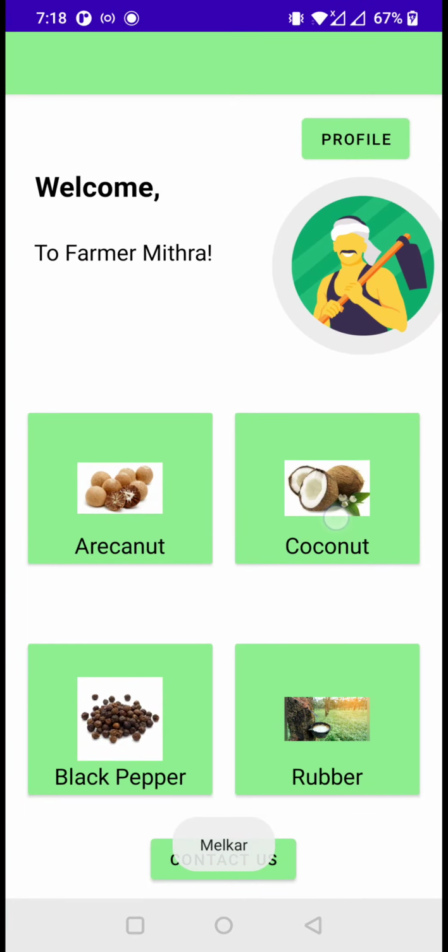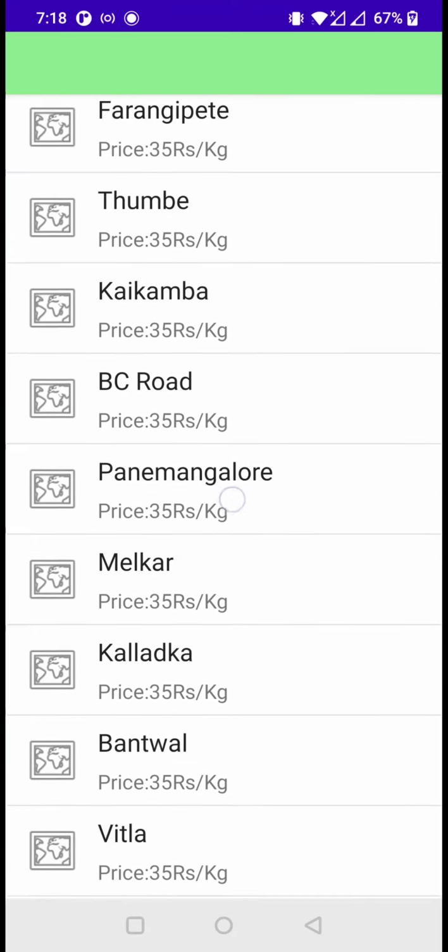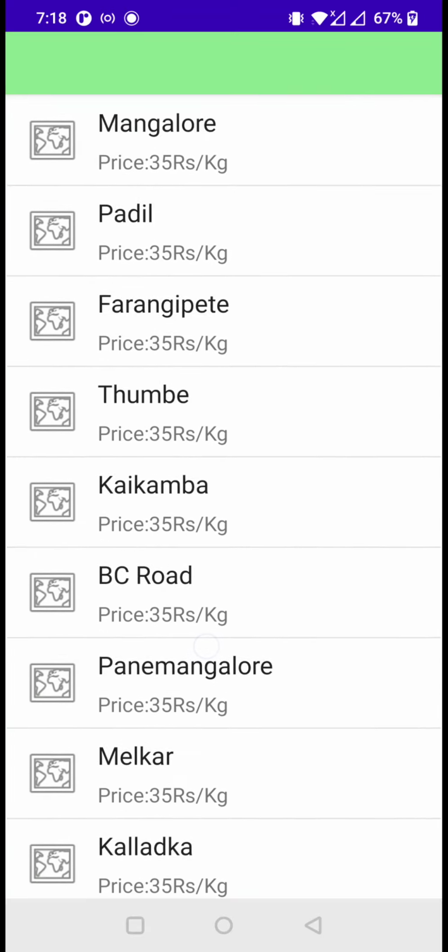If we press on coconut, it will go to a new page, and even here we have used recycler view to show the list. Here we have given different places with detailed price list.